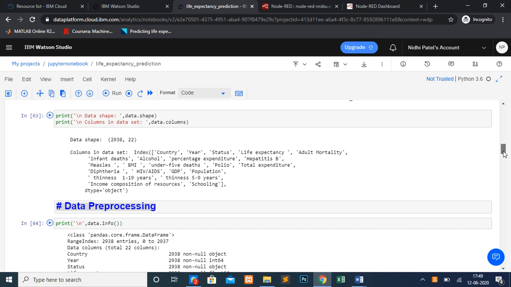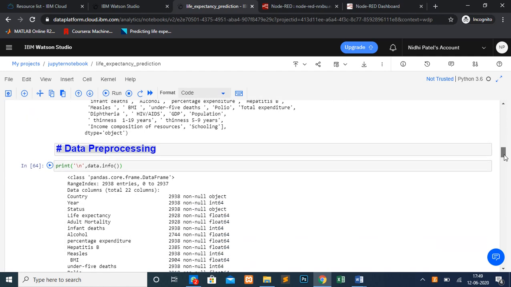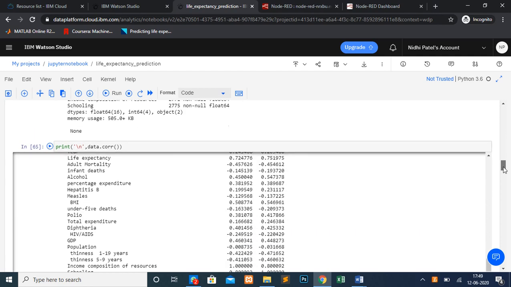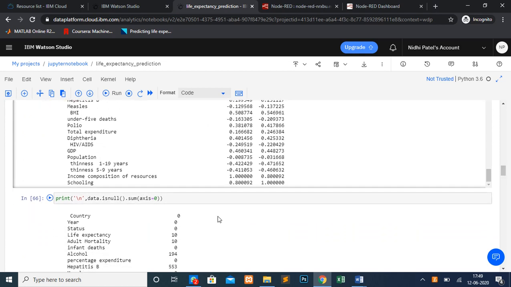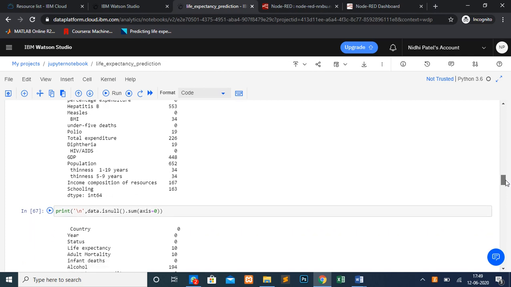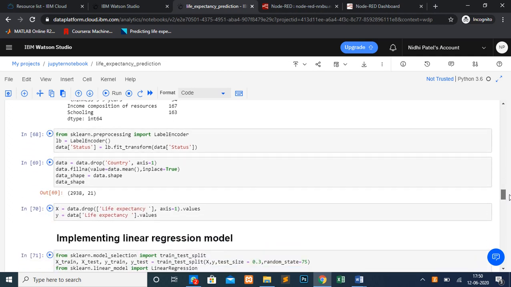Now after you are done with the data visualization, the next step is to pre-process the data. Now we considered that we have some null values in the table. The isNull function has been used to find those null values. Here the missing values are filled with the mean of the respective column. Then some unnecessary columns such as country are there, so I removed them by using the drop function.